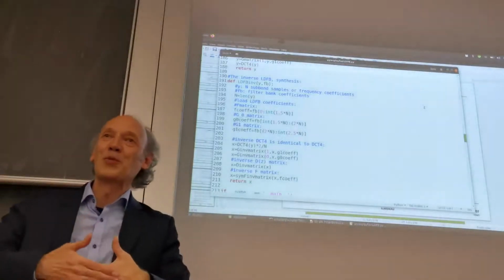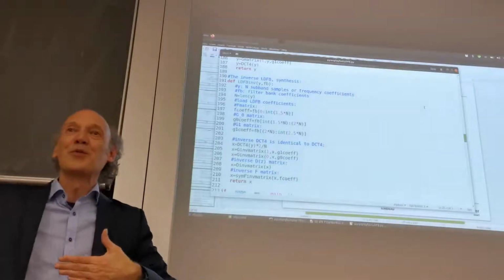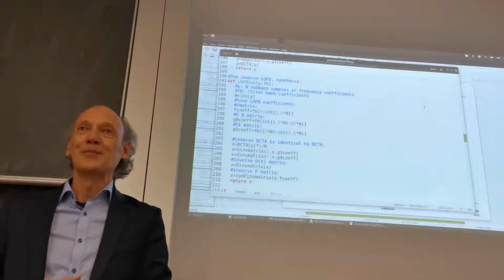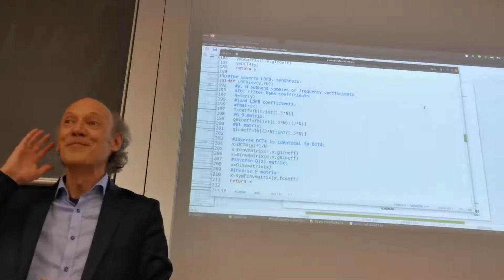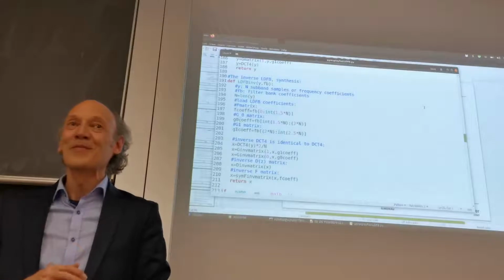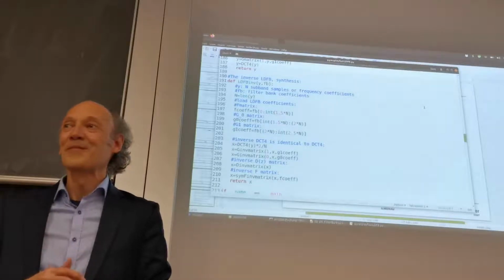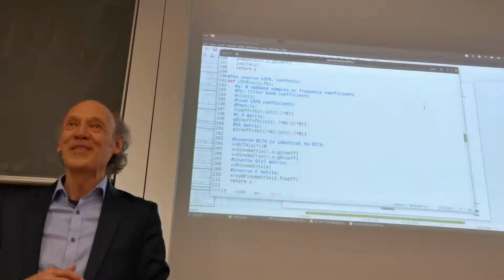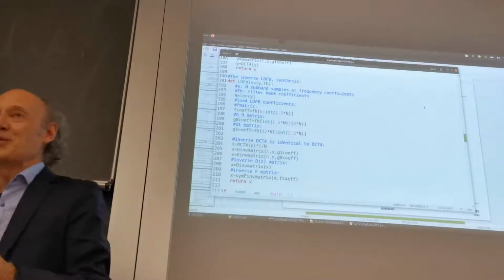When does the first block of X's come out from the synthesis? After how many steps? 2? 3? Well, think about